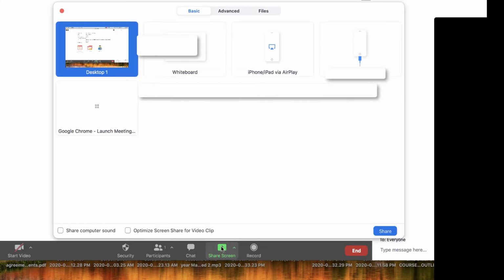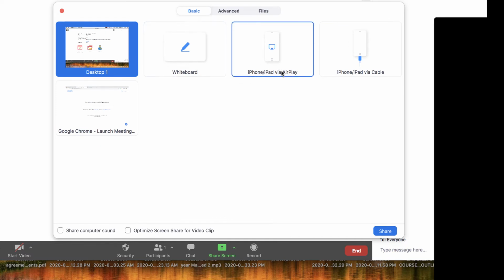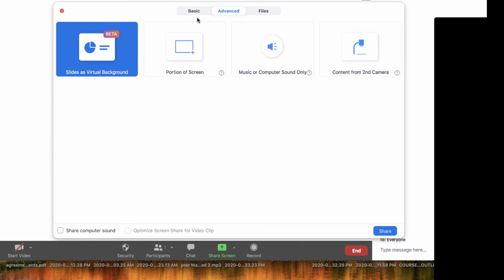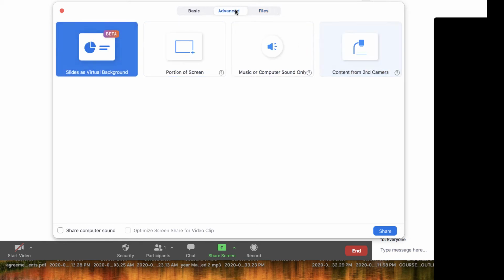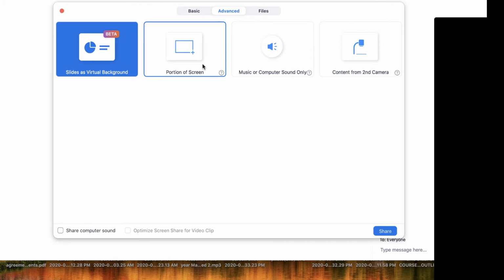At the bottom, it will show you who's participating, who's chatting with you. If you want to share the screen to show something that you're working on with the whiteboard, with your desktop, with your iPhone or iPad via a cable or a Google Chrome launch meeting, you can choose which one. They also have these advanced selections as well that you can browse through when you want to share files,